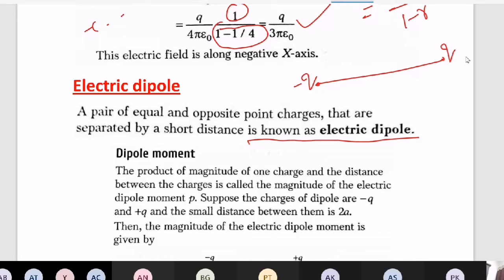So here, when you consider an atom, what is there inside the atom? There are fundamental particles. Positive protons will be there, negative electrons will be there. Now all the protons have one center of mass. You know how to find the center of mass. Center of mass means the point where they behave as if all the mass is concentrated. So there is one center of mass for all the protons.